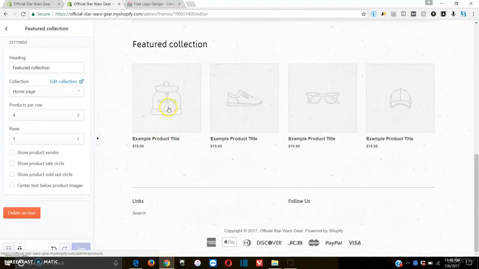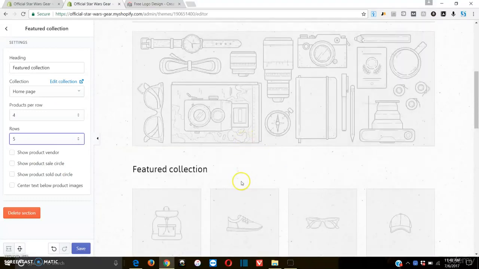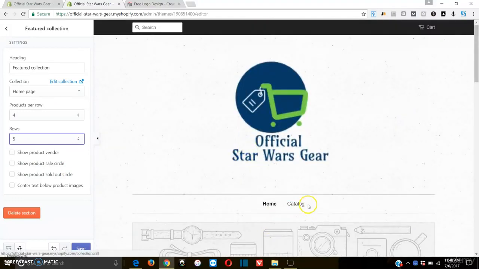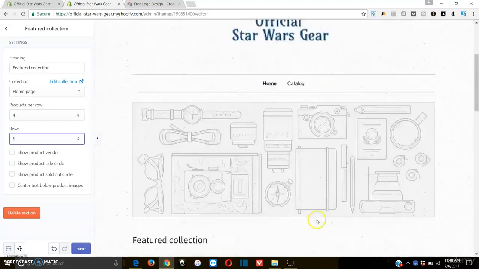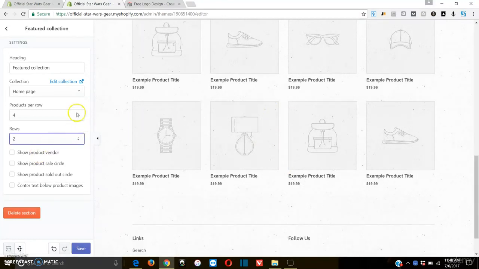And like I said, we don't have any products yet. You can adjust this how you like, depending on how many products you have. Remember that while there's not too many overseas wholesalers for Star Wars specific products, in my case, depending on what you're drop shipping, there could be a lot more. So you can add more products per row, you can add more rows, and that will give you a bunch more featured products on your homepage. Obviously, I'm going to show you how to make a catalog with a bunch of different categories in it, but homepage conversions happen a lot more frequently too, and that might be a route that you want to go. So, just for the sake of this, I'm going to keep 2 rows here, 4 products per row,